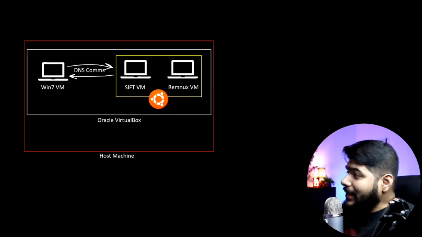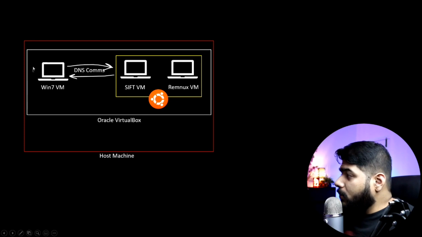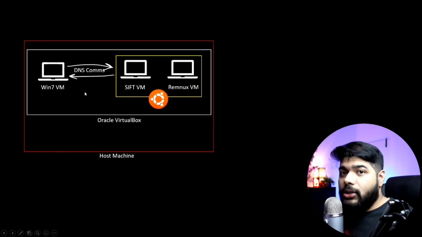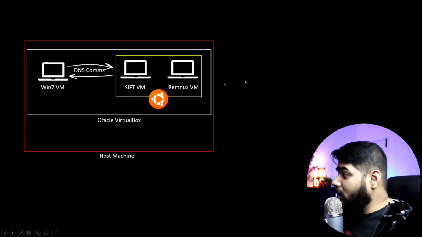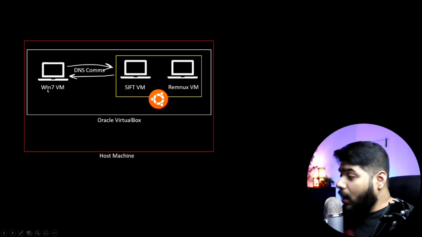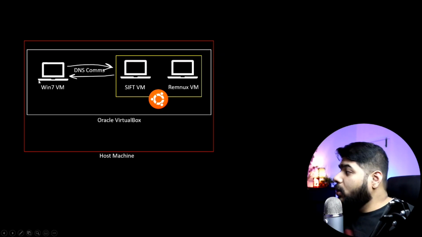We will be sending DNS communication from this Windows 7 VM to this Ubuntu box. We will basically try to fake the DNS, and I'll show you how we can do that. By installing the INetSim service on the REMnux box, we will route every bit of traffic from the Windows 7 VM to this particular Ubuntu machine.